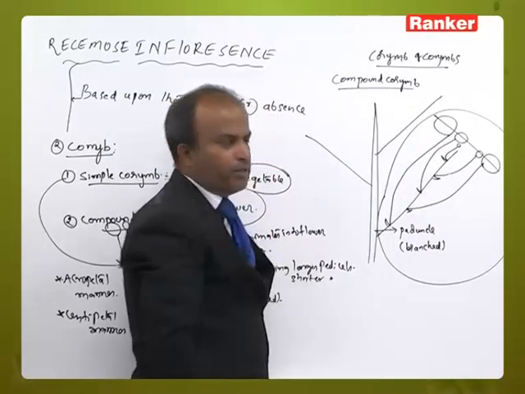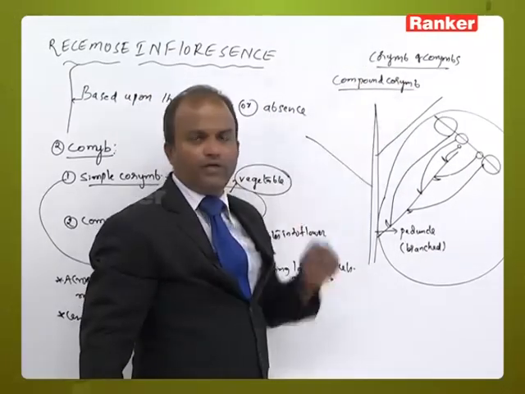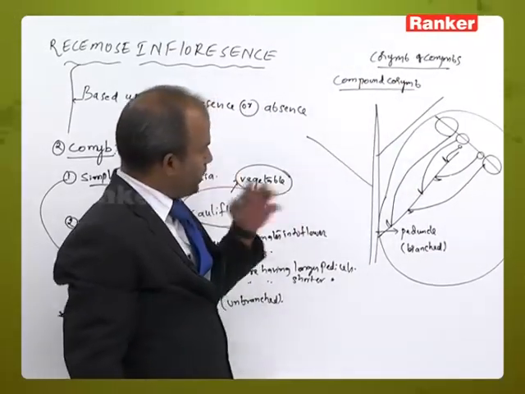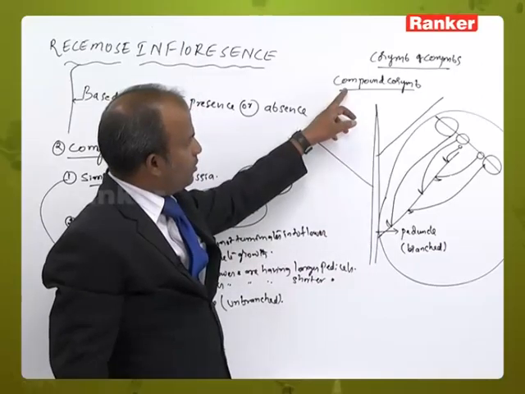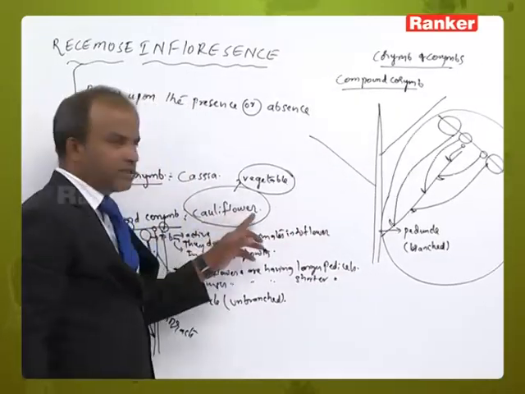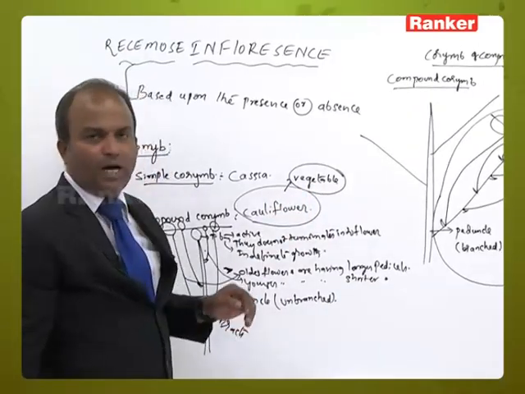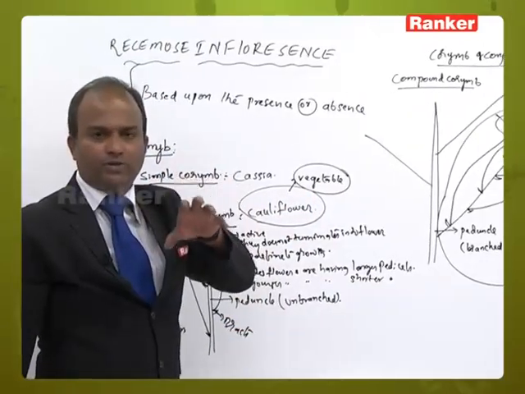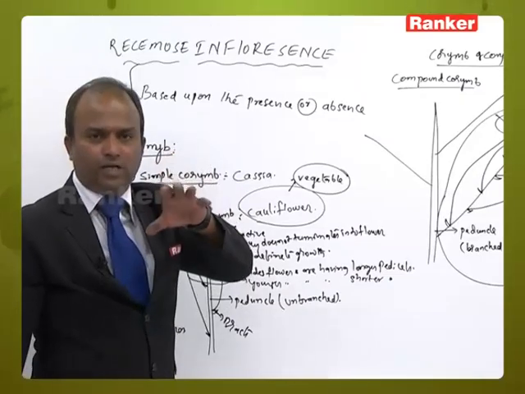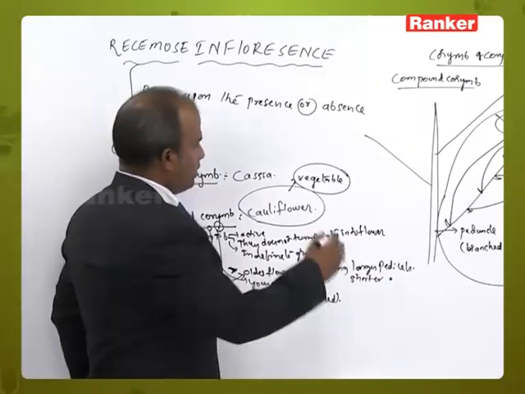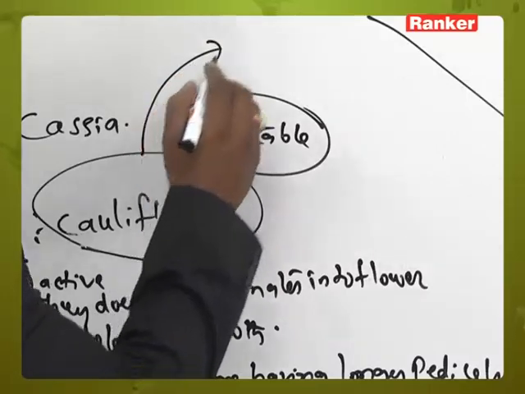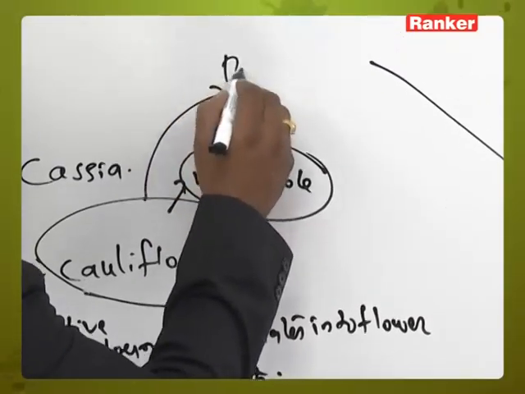This compound corymb is also called corymb of corymbs. Once again, in this compound corymb, an example is cauliflower, which is utilized as a vegetable. Now, can you tell me which parts are fleshy, which parts are storing food material, due to which they are utilized as vegetable? In this cauliflower, the peduncle